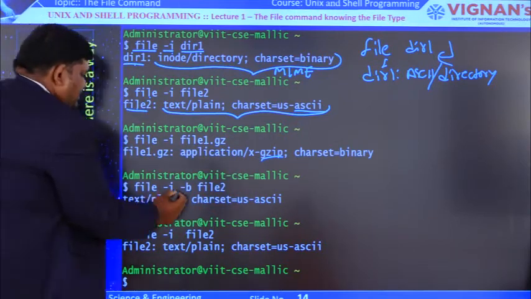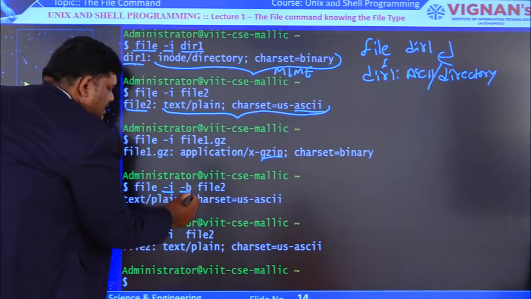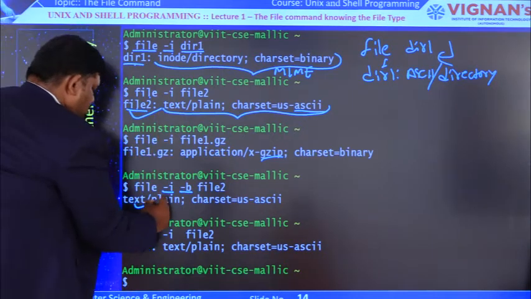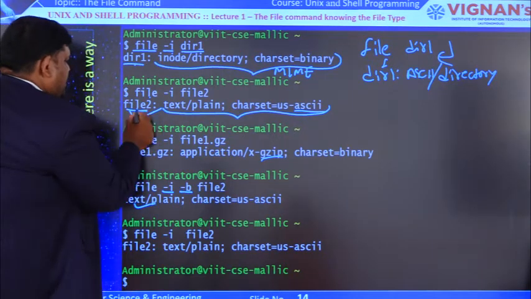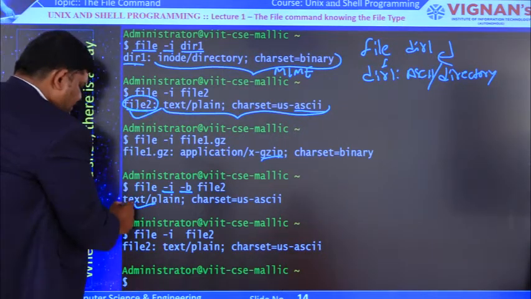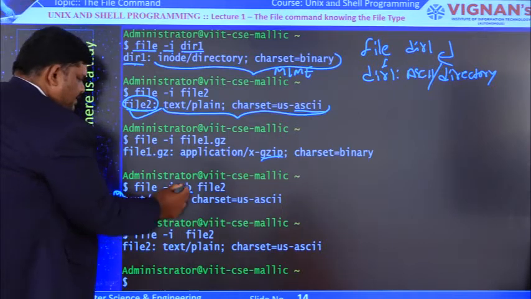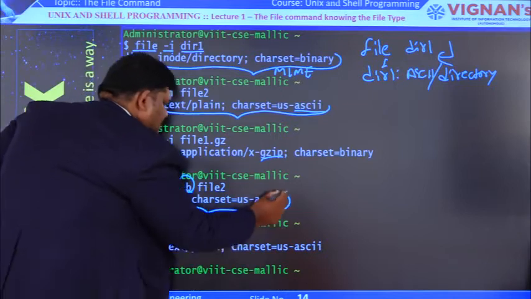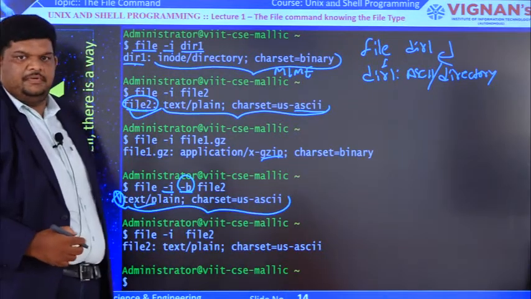Next, along with option I, we are using the option B. For example, if you compare this one and this output, here the file name is there, here there is no file name. Why? Because we are using option B here. So straight away it will give the MIME format output.